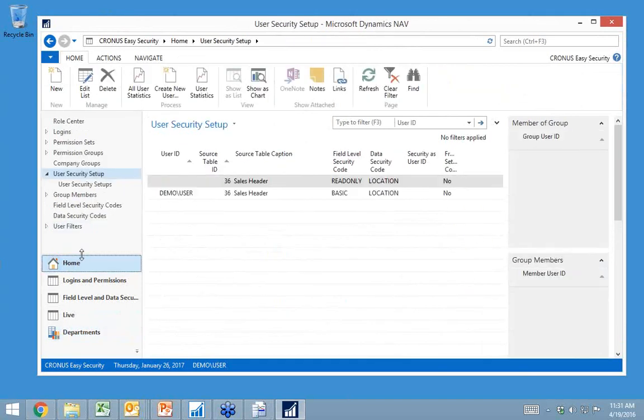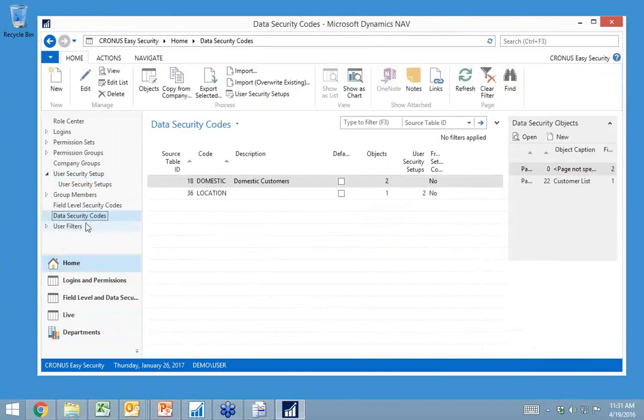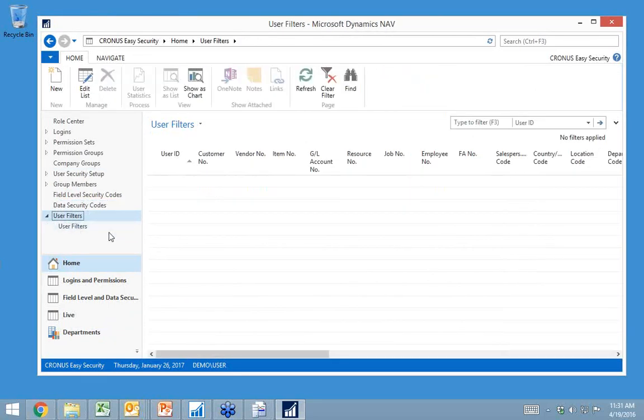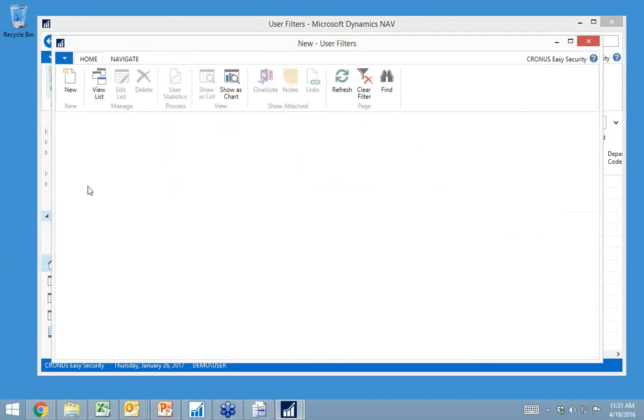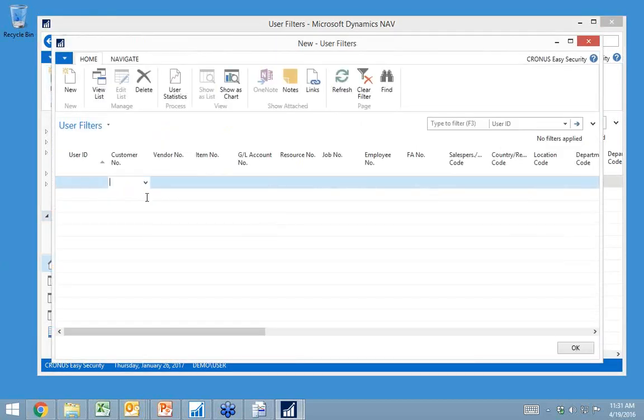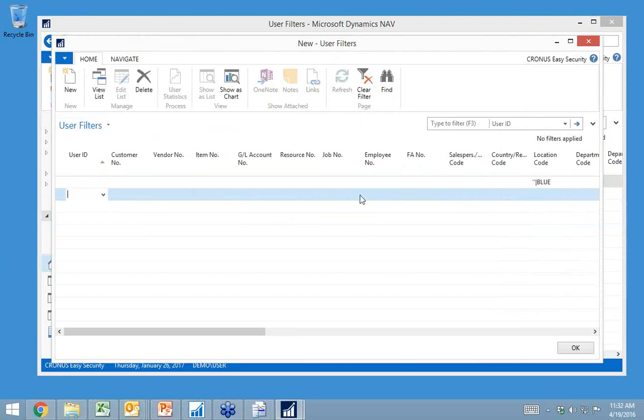We can also make these filters depending on the user in here. So if I look at it right now, I hard-coded this location in here. But we have something we call user filter, a way of mapping a user ID to around 30 dimensions in NAV in here. So I will create a new record and I will say for my blank user, my default out here, I want to let people see the blank and the blue one out here.